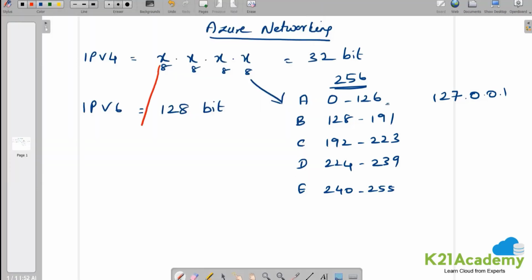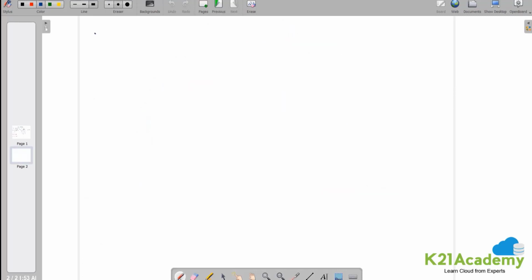Let's see, I'm taking one particular bit. It starts from 0 to 255, and the second bit also goes from 0 to 255. So the IP addressing starts from 0.0.0.0 and goes to 255.255.255.255. So we have millions of IP addresses, and how are we going to classify which one to use and which one to reserve? For this, we need to understand CIDR notation,